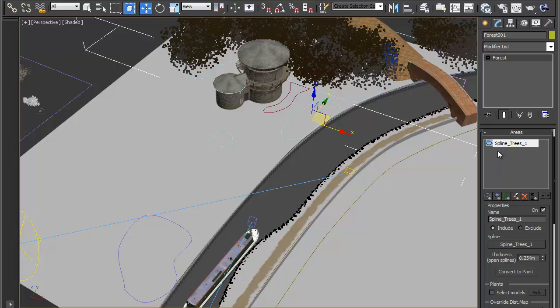So we have an areas list here, and you can see from the list Spline Trees 1 is listed, since this is the one we've already selected. We can add other spline areas to this list by clicking on the Add New Spline Area button here. And it's also possible to add objects, other forests and paint areas. So if we click on Add a New Spline Area,